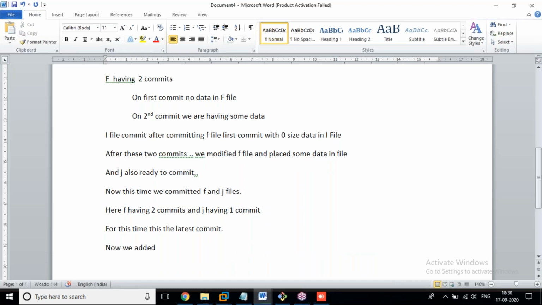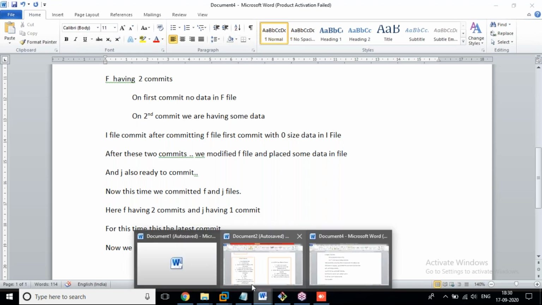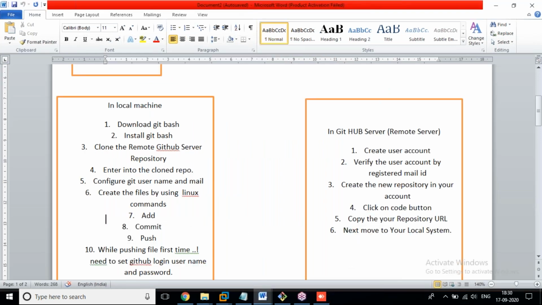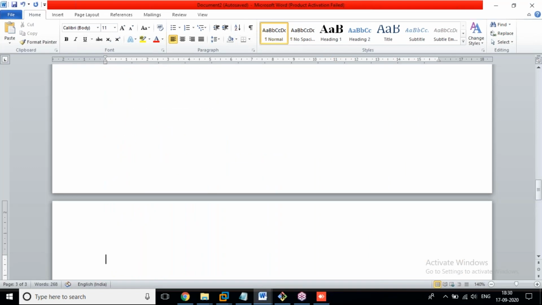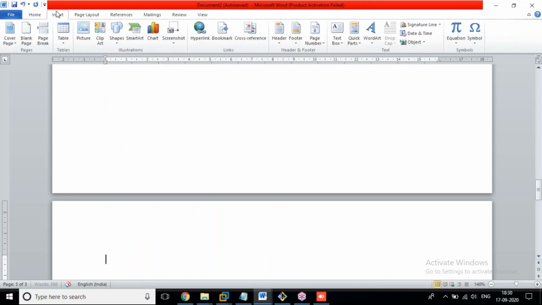We are working with Git commands and Linux commands.